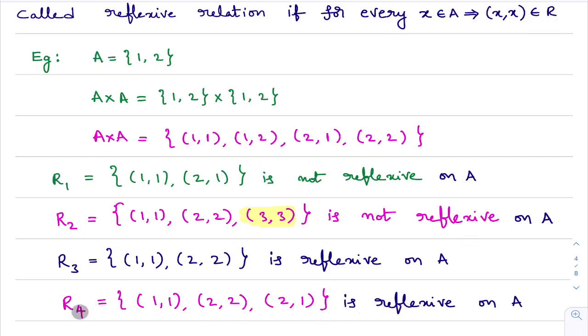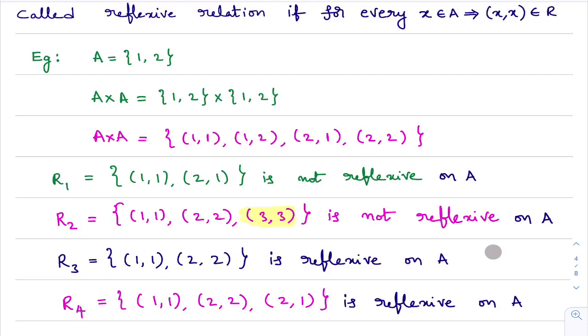First of all, is this a relation on A or not? Yes, it is a relation on A. To say it is reflexive or not, is this condition satisfied or not? You take 1. 1 comma 1 is there in this relation? Yes. You take 2. 2 comma 2 is there in this relation? Yes. So this relation is a reflexive relation. I hope you got very good clarity about reflexive relation. This is the beginning of this chapter, the reflexive relation definition. When we do exercise problems, you will get more clarity about this definition.